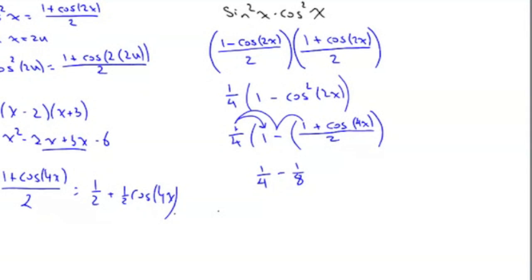And then a quarter times a negative times a positive, negative 1/8 cosine of 4x. Hold up, oh, I know what I did. That should be one. Okay, so that's... Now, if you can't follow that along, my suggestion to you is